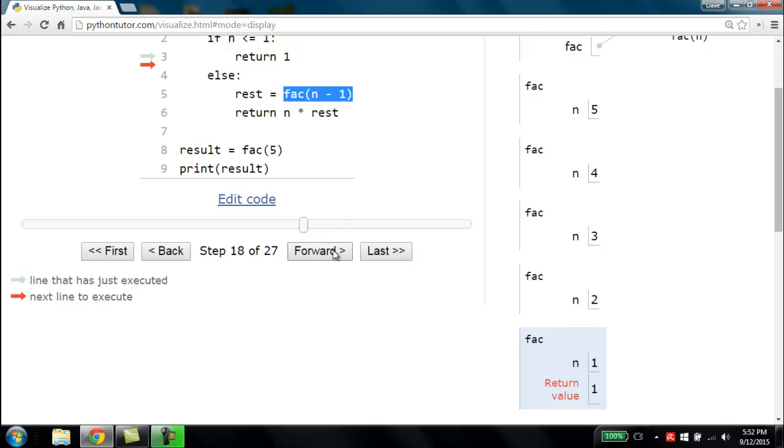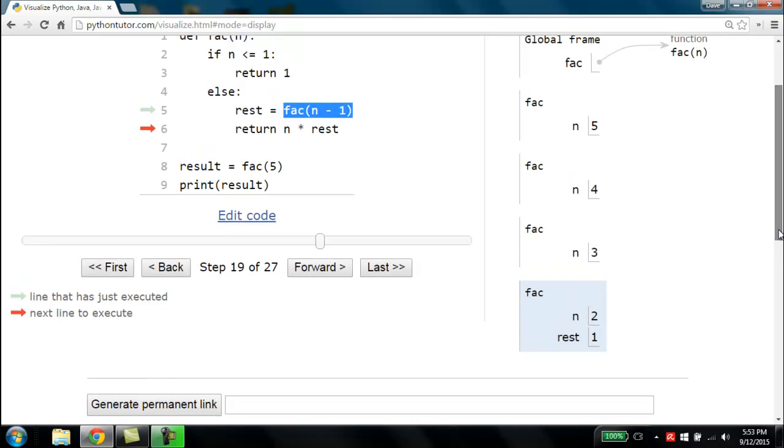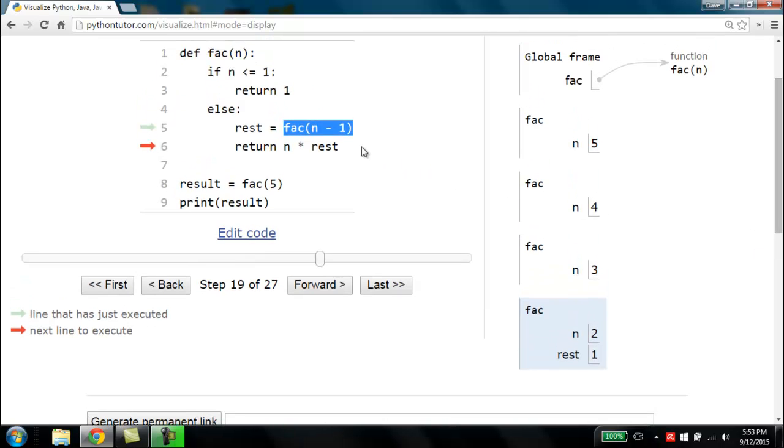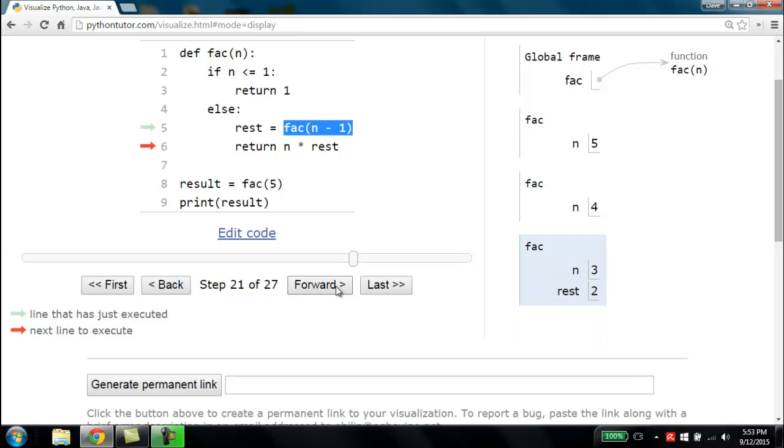So watch what happens here. We click forward. The stack frame goes away. We're now back here in the call in which n is 2, and notice what's happened. You can see that the result of fac1 has been stored in the variable rest. And so rest here in this stack frame is 1. We then return the current value of n, which is 2, times rest, which is 1. So we end up returning 2 times 1, or 2,